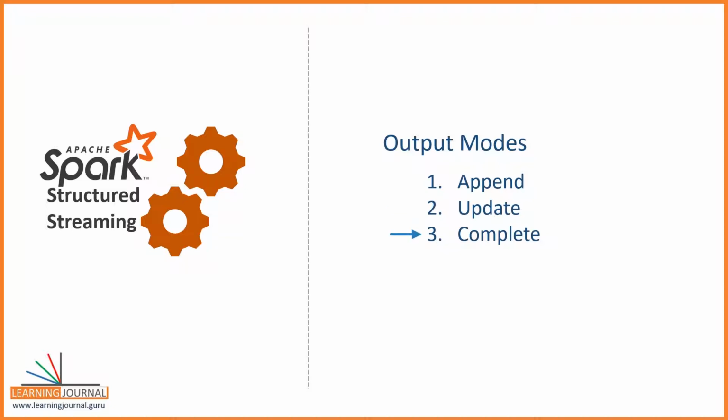Finally, the complete mode is like overwrite the complete result. So you always get the entire output. You should use this mode when you want to overwrite the previous results with the new results. That is what the output mode means at a high level. However, you might find a lot of confusion around the output modes. In some cases, certain modes are not supported and Spark will throw an analysis exception. Let me show you some examples to make more sense of these modes.